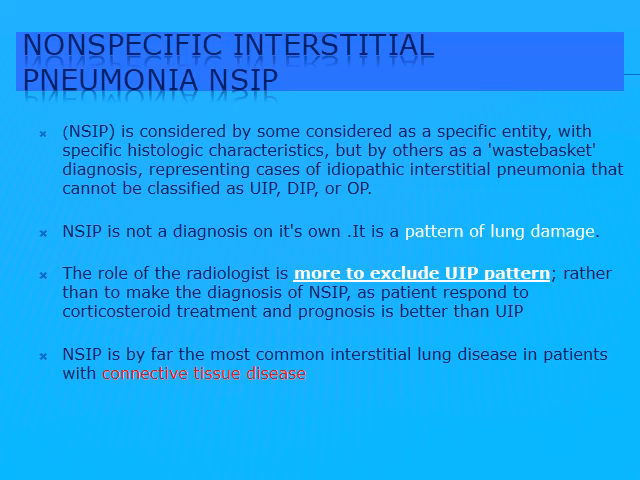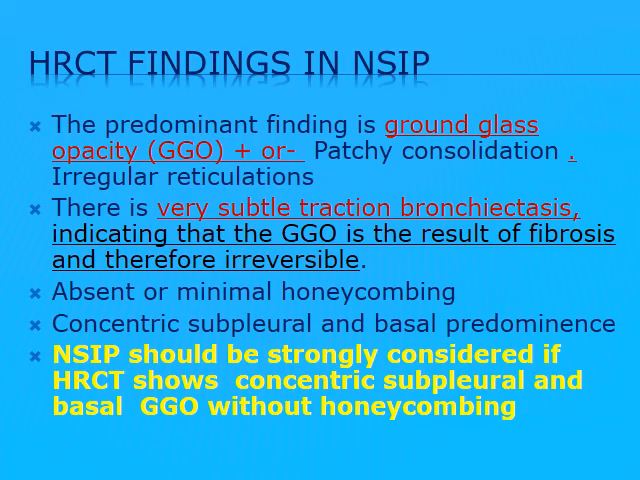NSIP has a much better prognosis than UIP, and it is the most common interstitial lung disease in patients with connective tissue disease. What are the high resolution CT patterns? The predominant finding is ground glass opacity or patchy consolidation, irregular reticulations, with evidence of fibrosis manifested as traction bronchiectasis at the areas of ground glass opacities,